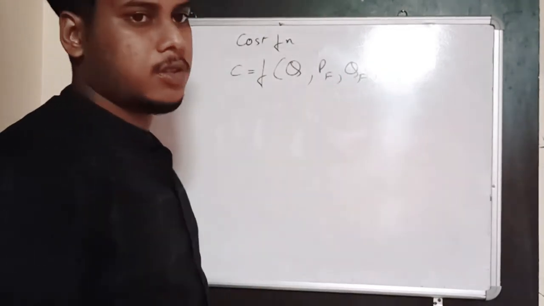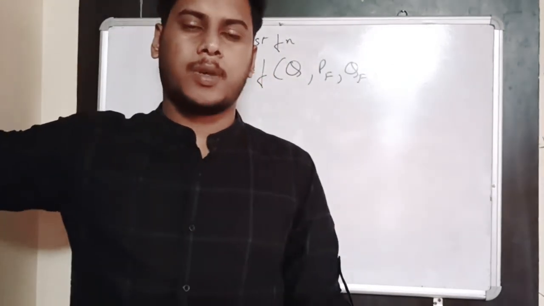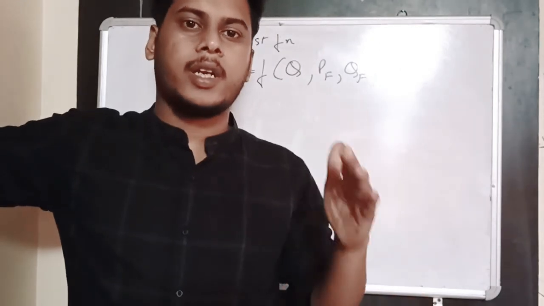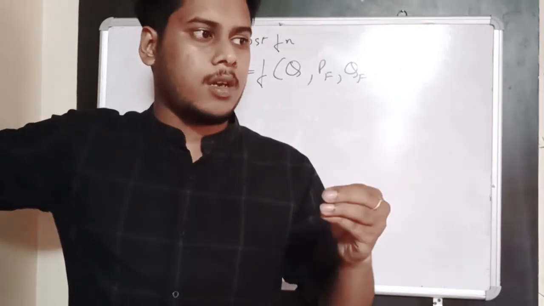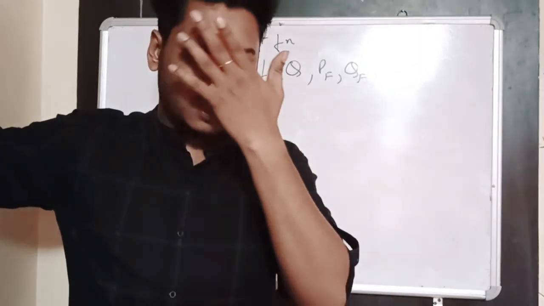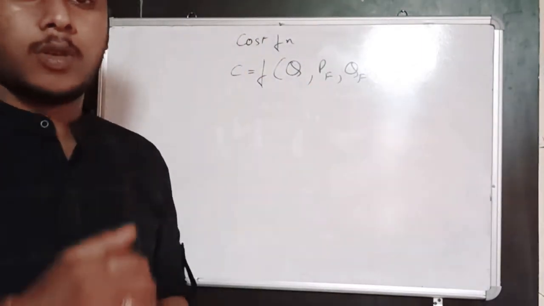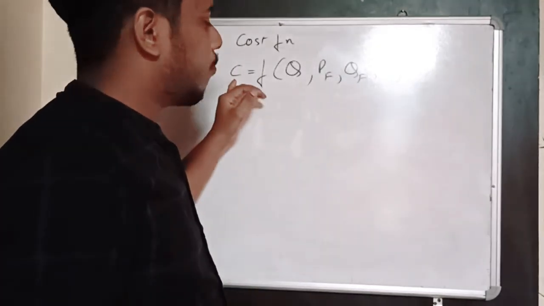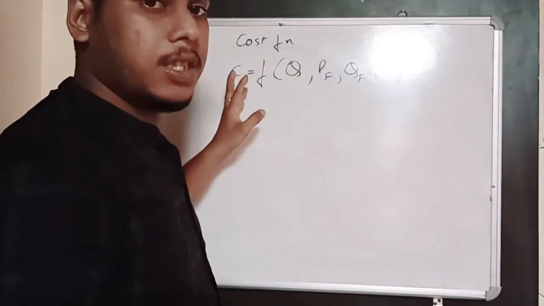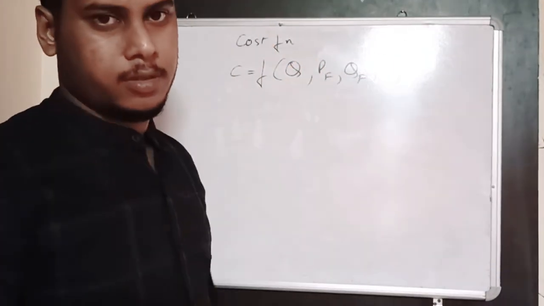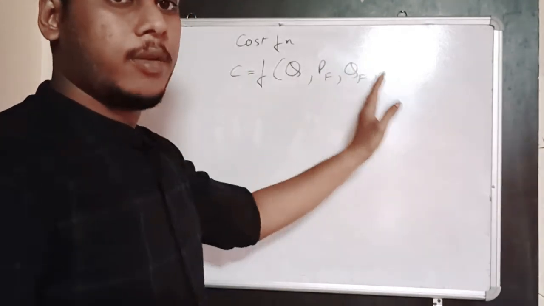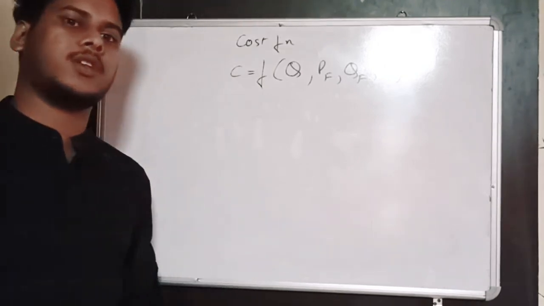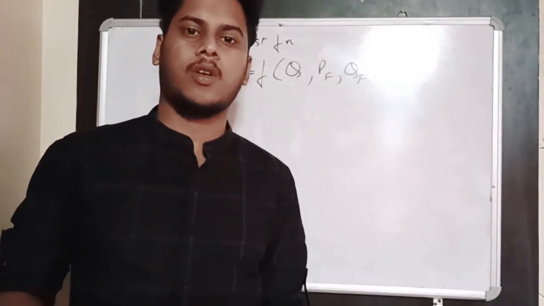And the state of technology also determines your cost of production. If the state of technology that you are using is high tech, upgraded and efficient, then you can produce more output using less input, which will keep your production cost low, and vice versa. So this is a cost function showing the dependency of production cost upon the various determinants of production cost.